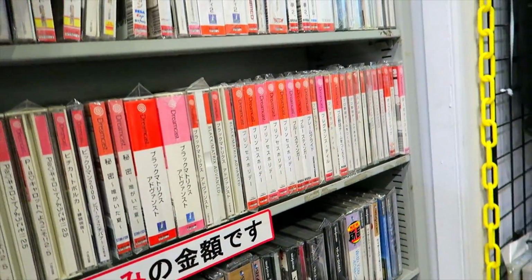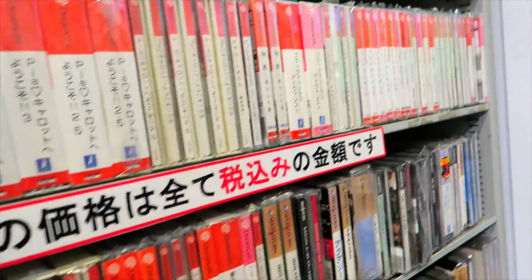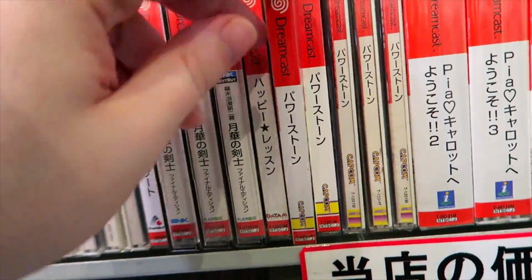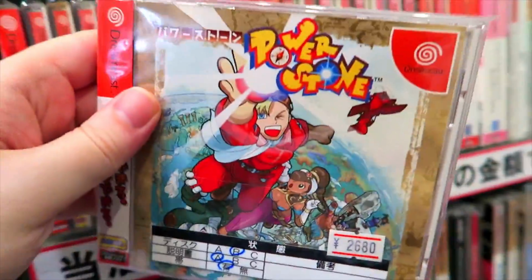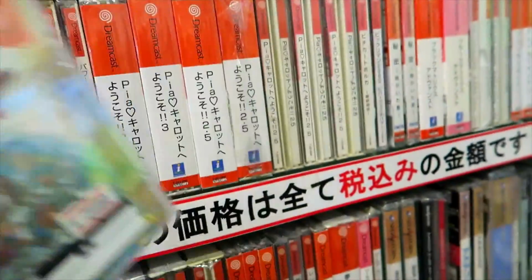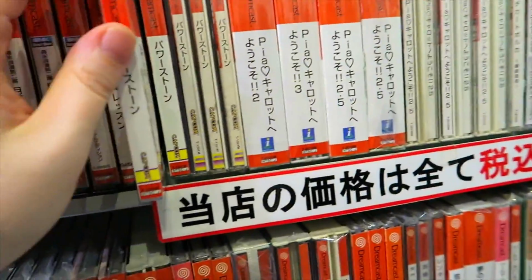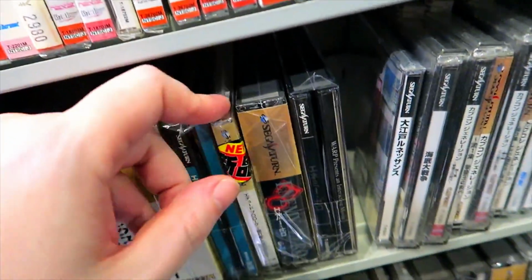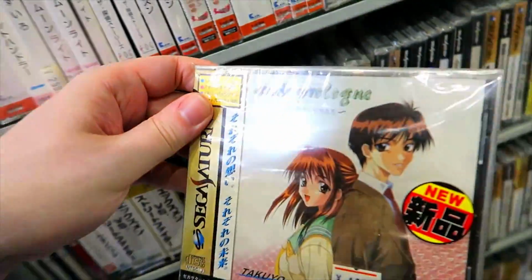That's why I come here strictly, usually for just loose carts, and specifically the loose carts that are marked as 50% off. We've got some cool stuff here. Power Stone, $26.80. Again, that's way too much for that. I think I got mine for like $5 at a Book Off. So hey, what can you do? But hey, if anything, there's pleasure in just digging through